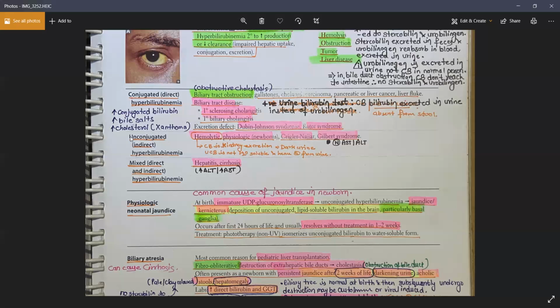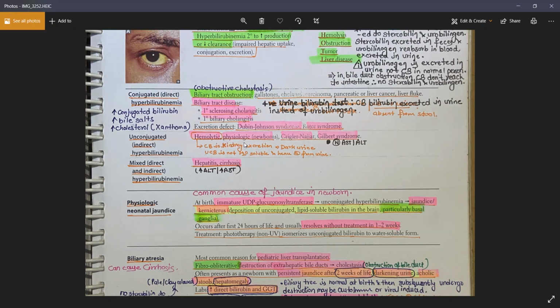Now, the second one is the unconjugated, also known as the indirect hyperbilirubinemia. In this case, the defect lies in the conjugation of the bilirubin, right? The indirect bilirubin is there, but it cannot be converted into the direct one, right? And the causes could be due to increased bilirubin production, which could be due to hemolysis,